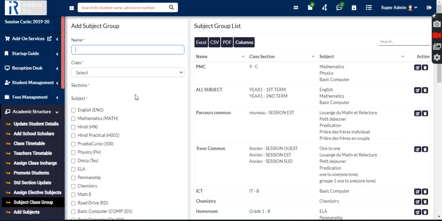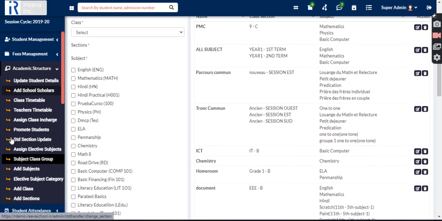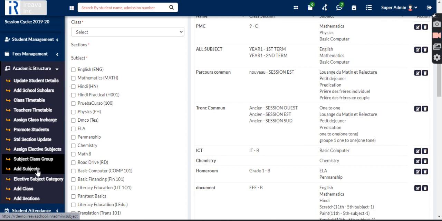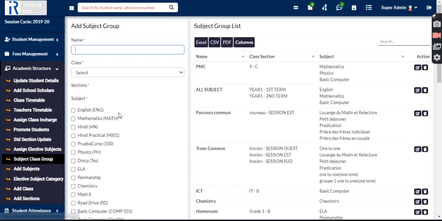Subject class group is basically where you assign subjects to a class. We created open subjects, I mean we added all the subjects that we will teach in the school, whether starting from nursery to 12th, whatever your classes are. We will add all the subjects and all the elective subjects in the subject list. Now